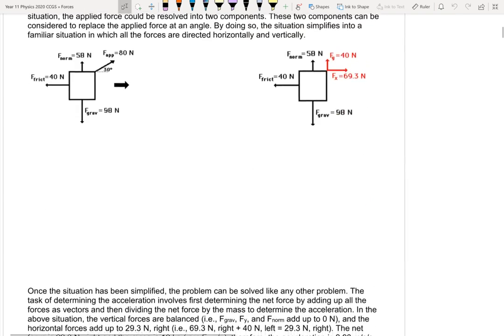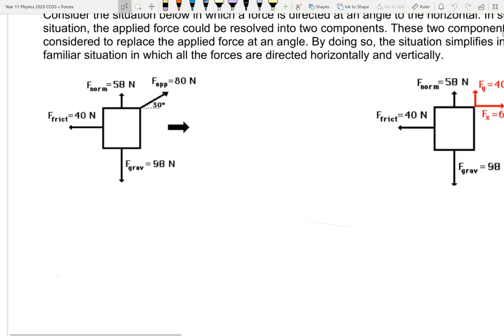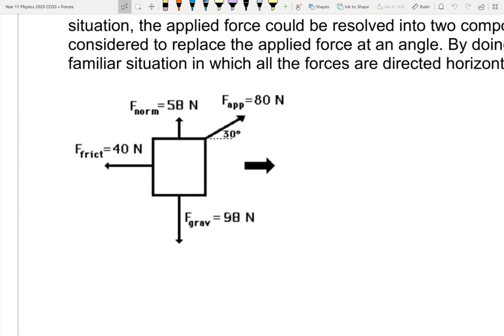So let's simplify a difficult problem. This is what we're going to do. Let's look over here first. Now let's say that you've got a box and you're pulling that box upwards, like maybe this is a suitcase that you're dragging along. Well, you're not going to be pulling it directly horizontal, you're not pulling it vertically. Let's say you're pulling it 30 degrees above the horizontal with a magnitude of 80. Okay, so we would need to resolve that vector